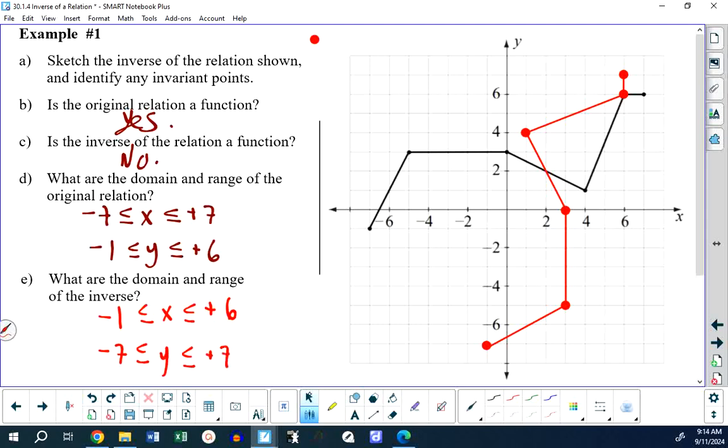I want to make a point that we didn't need to look at the graph to know that, because x and y switched. So everything that's true about x on the original has to be true about y on the inverse. If the original domain was -7 is less than or equal to x, which is less than or equal to +7, then the range of the inverse has to have those same properties. Of course, it's related to y. So that's why -7 is less than or equal to y, which is less than or equal to +7,